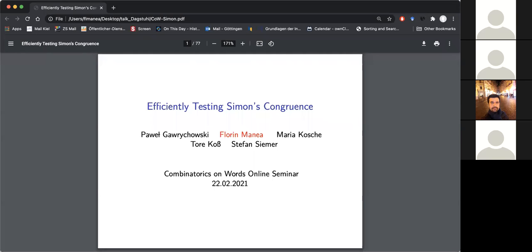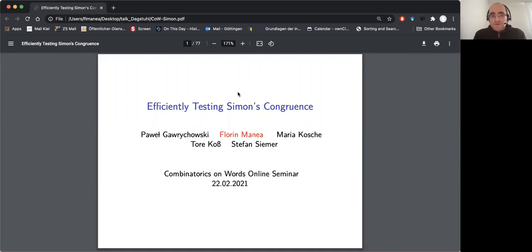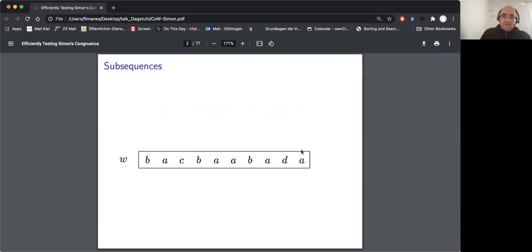But hopefully it will still be interesting for the main audience here. And I'm talking about congruence defined for words, Simon's congruence, and how you can efficiently test this congruence. And this is work that I did together with Paweł Gawrychowski and my PhD students Maria Kosche, Tore Koß, and Stefan Zimmer from Göttingen. And basically the concept that I'm going to talk about is a very basic and